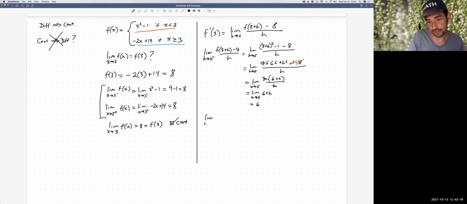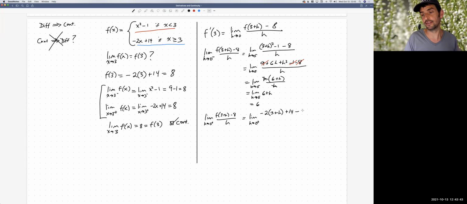On the other side, we have to look at the other definition, the other part of this piecewise function, because now since h is above 0, it's positive. 3 plus h is going to be bigger than 3, so we use this linear definition. So I'm putting in 3 plus h into the negative 2x plus 14, and we're going to get minus 8 all over h. We do a little algebra. I've got negative 6 minus 2h